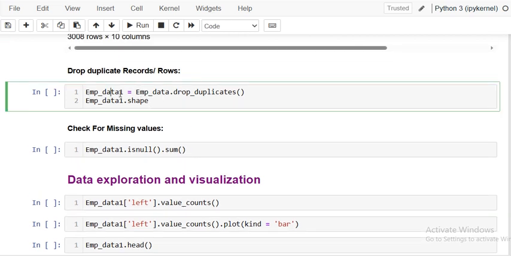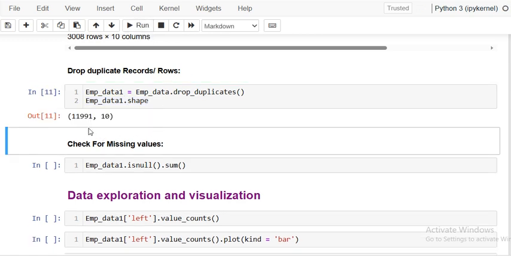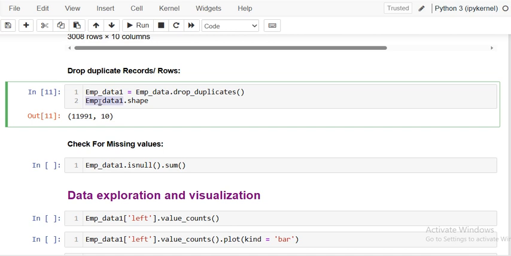So for that, I am creating a new data frame without duplicates. I am dropping the duplicate records from the existing one, that is emp data, using the drop_duplicates method to remove the duplicates. Okay, and later on I will check the shape or the size of the data set. Now you can see that after removing these, the new data frame has 11,991 records and